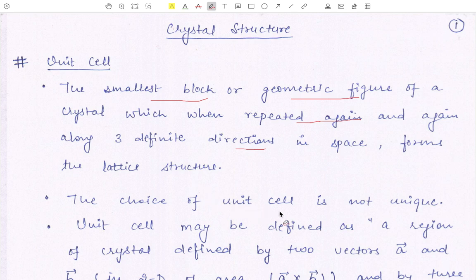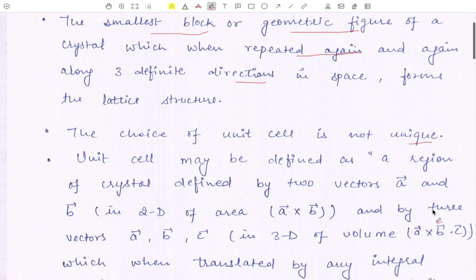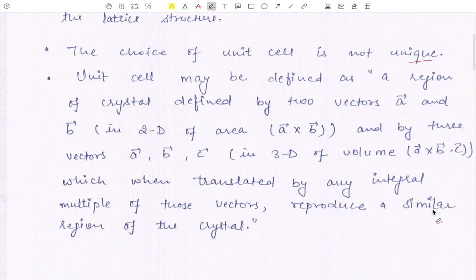Now the choice of a unit cell is not unique. That means we can take a number of cells as a unit cell that repeated in the three directions can generate the lattice structure. Now, one more definition of the unit cell is as a region of the crystal defined